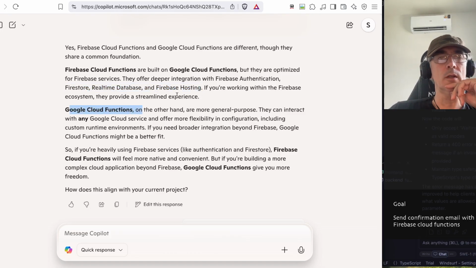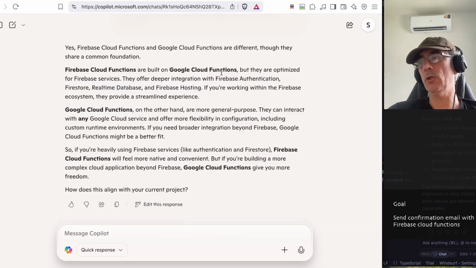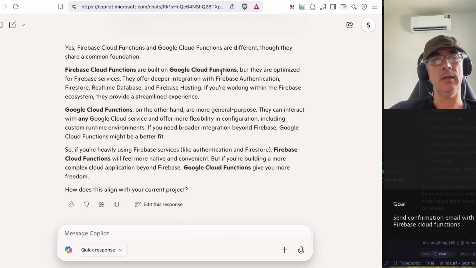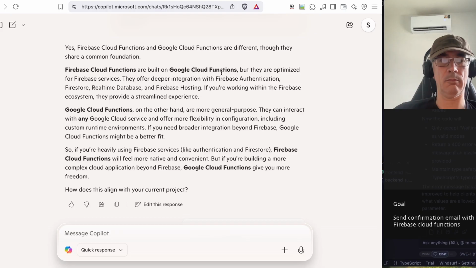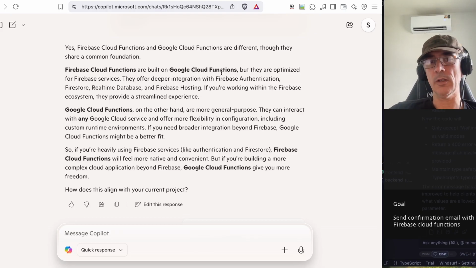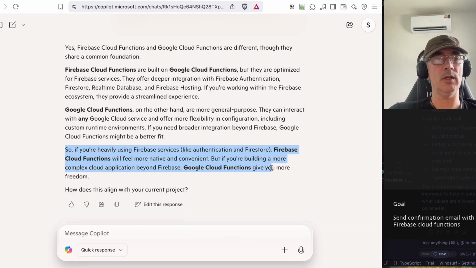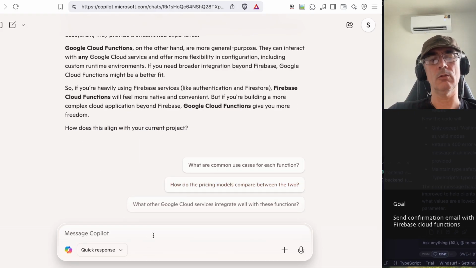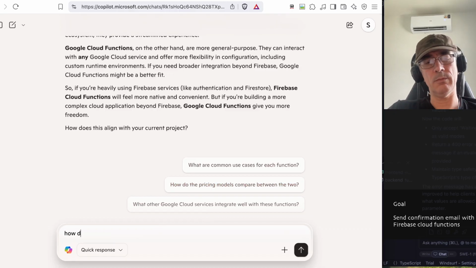Okay. Google Cloud Functions, on the other hand, are more general purpose. They can interact with any Google Cloud services, and offer more flexibility in configuration, including custom runtime environments. If you need a broader integration beyond Firebase, Google Cloud Functions might be a better fit. So if you're heavily using Firebase services, Firebase is more native and convenient. Okay. Yep. So how do I send an email